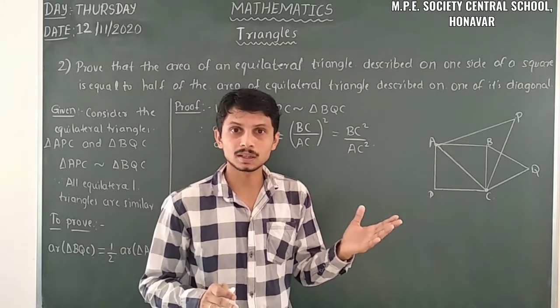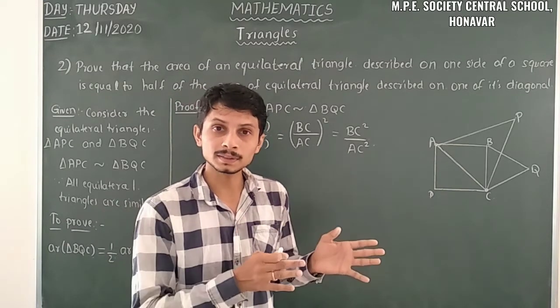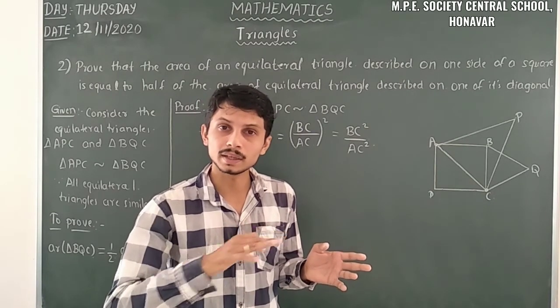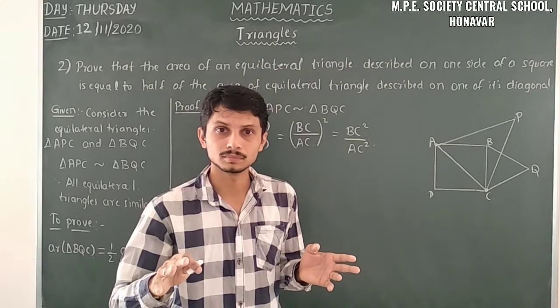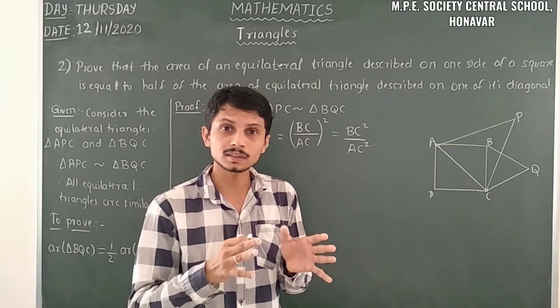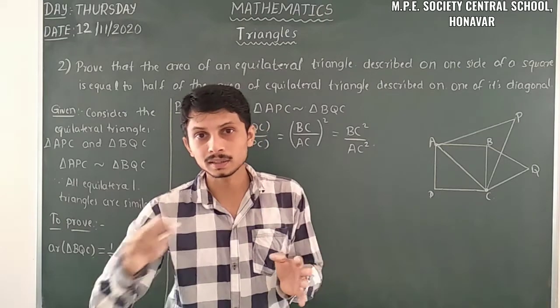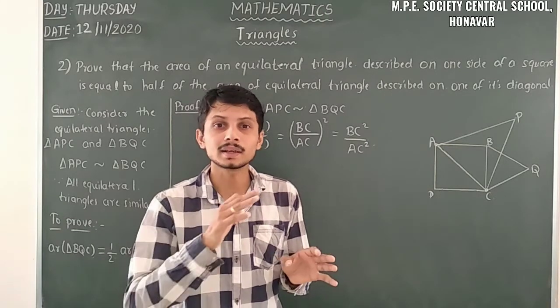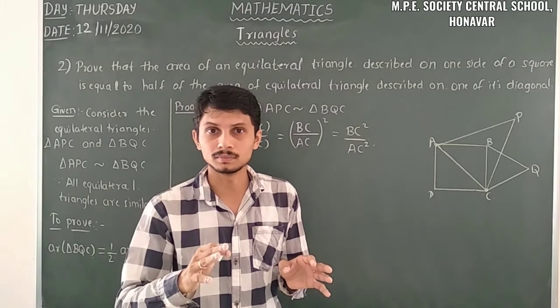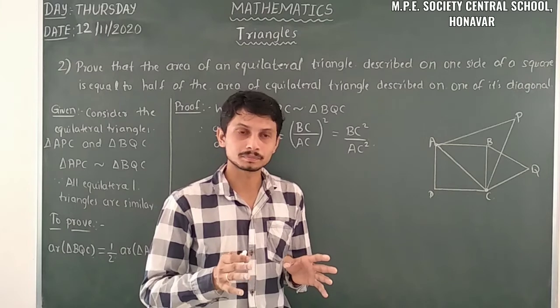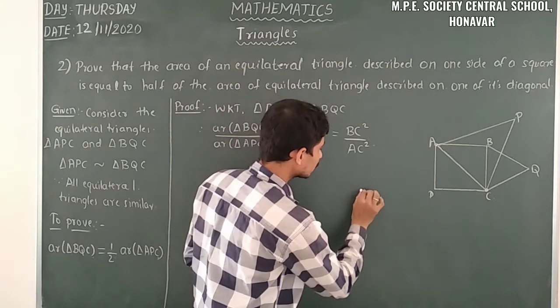So let us go into the 9th standard. There we have the first chapter, number system. In number system, we represented the irrational number on the number line. There we constructed a square, then we took the diagonal, and we took that diagonal as the radius of a circle. So in that we have a square.